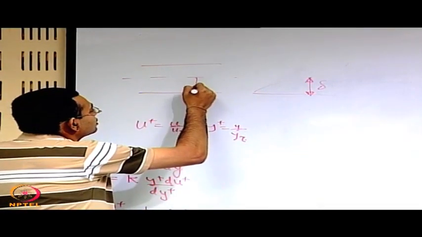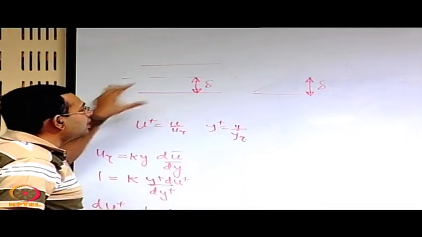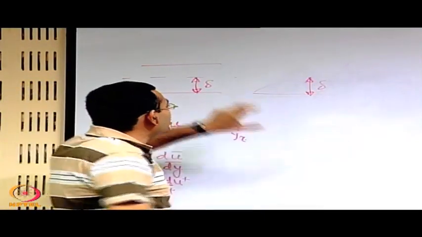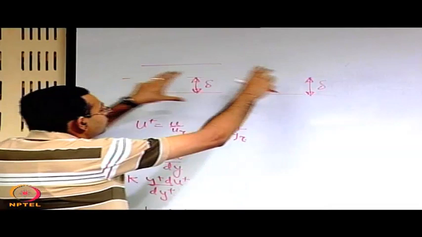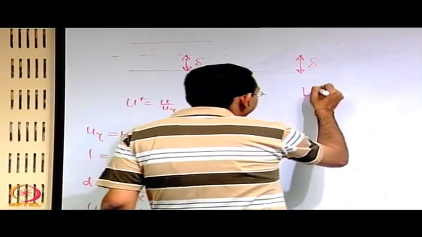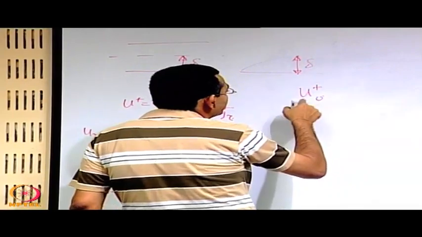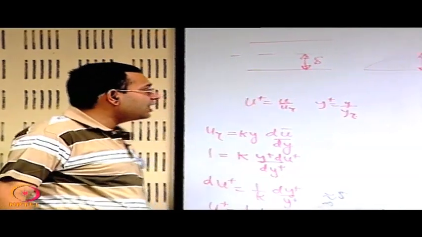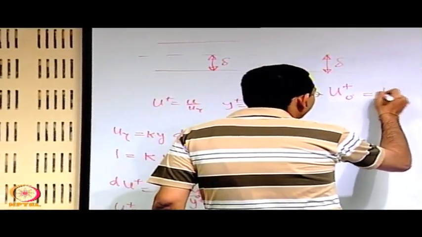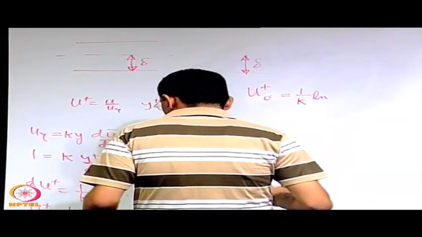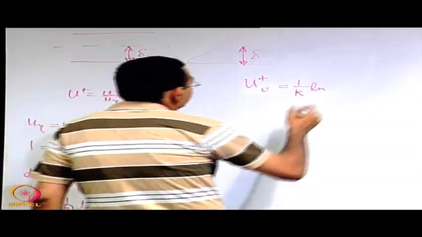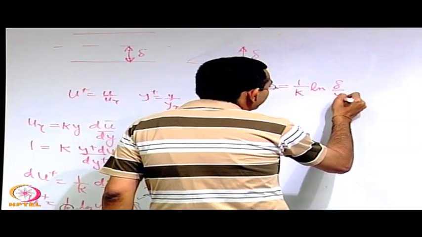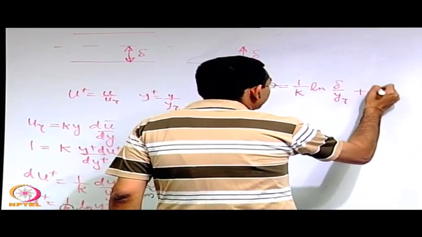So, let us call half height of the channel as, say, delta, or the boundary layer as delta, depending on what we are looking for, an internal flow or flow over an external surface. Now, when you go to that length, let us write this u plus. So, u plus 0, let us say, is the u plus at that length where the outer behavior comes into the picture, and that will become 1 by k ln y plus, y by y tau. So, y is equal to delta here. So, delta by y tau plus a,